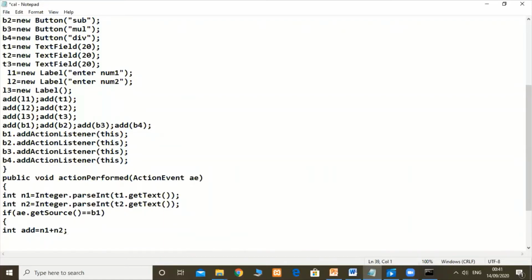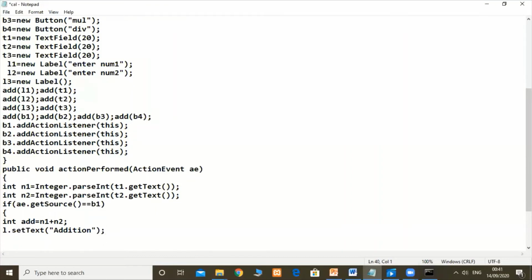Then set the label. What we are performing, l.setText. l.setText means we are setting the label here. l.setText what? Addition. And then put the result in the third text field. How to put the result in the third text field? We need to take the object here, t3.setText,